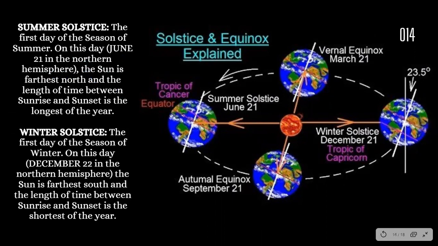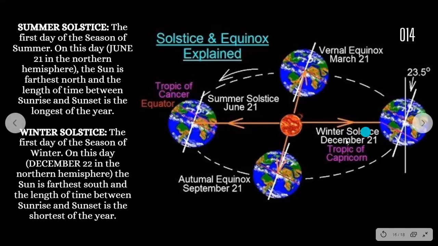So what happens is that, in summer solstice, I'll repeat, it happens on June 21st. The northern hemisphere experiences the longest day and the shortest night, right? This position of Earth is known as summer solstice. Why? Because it is summer in the northern hemisphere, right? And the North Pole is inclined towards the sun. So sun rays fall vertically on the Tropic of Cancer, and places in the northern hemisphere experience summer seasons. This is something that I've already explained to you, right? If you recall,